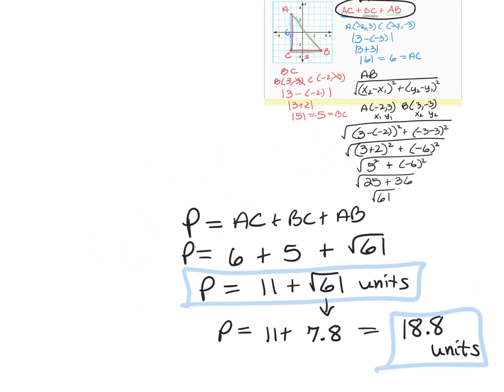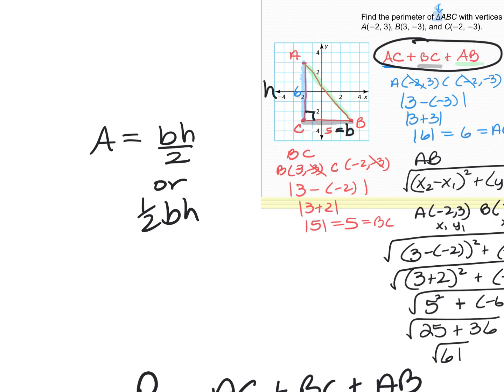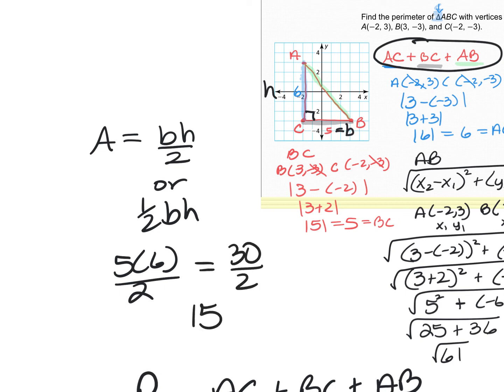Now, if this would have asked me to find the area of this, whenever you have a horizontal and a vertical line and they meet, this is forming a right angle. So if this said find the area, this would have been my height and the 5 would be my base. So if they said area for this question, I would have done base times height divide by 2, or 1/2 base height. So 5 times 6 divide by 2, 30 over 2, and this would have been 15 units squared if it